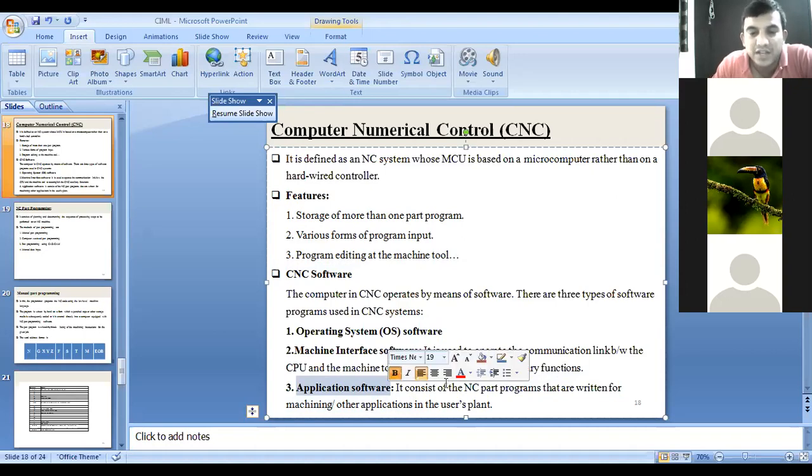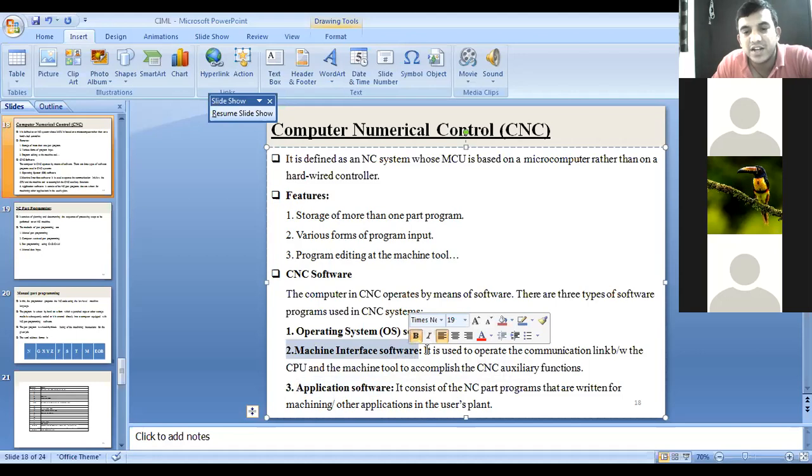For CNC software, operating system software is required and application software is required. I want the computer and the machine to interact. For that, we use one more software called machine interface software. It is used to operate the communication link between the CPU and the machine tool to accomplish CNC auxiliary functions.